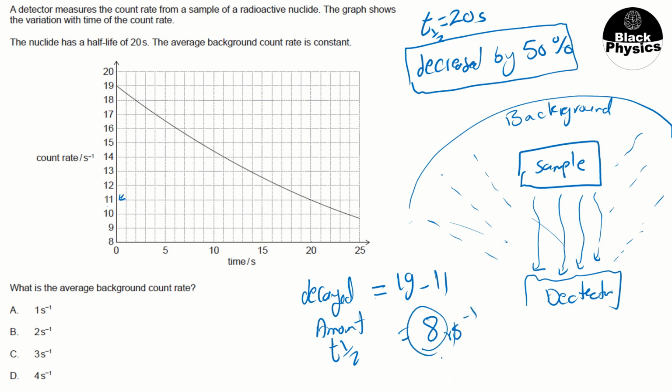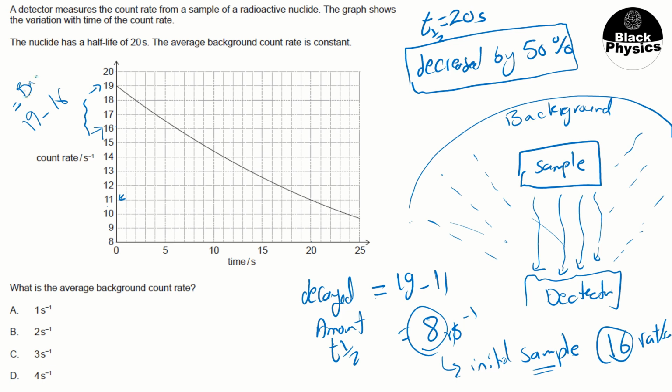This means that the original or the initial sample should be at 16 rate per second. This means that our sample should start from here, from the 16, not from the 19. That means that we have an extra rate or extra radiation, 19 minus 16. This is the extra radiation from the background activity, which is 3 becquerel or 3 rate per second. So the answer here will be